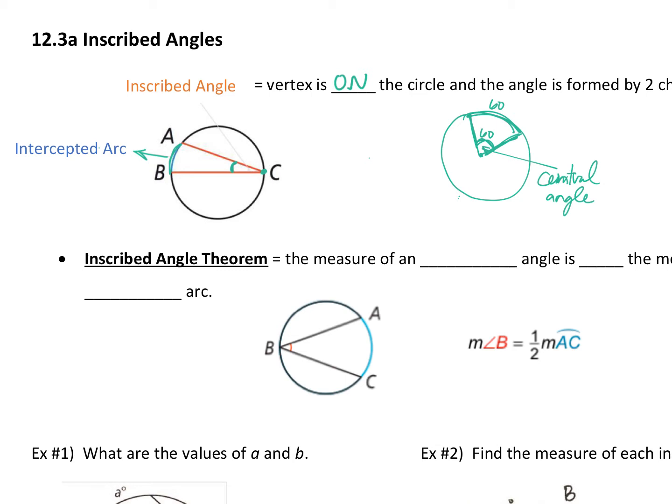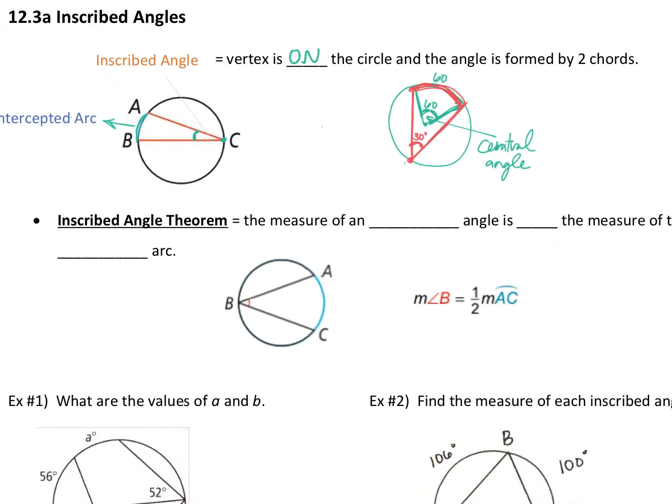Do you think that's the same for an inscribed angle? No, it's not. If I draw this angle in, same arc, 60-degree arc. Is that a 60-degree angle? No. Any guesses what you do to it? You cut it in half. Okay? So whatever this arc is, the inscribed angle is going to be half as much,